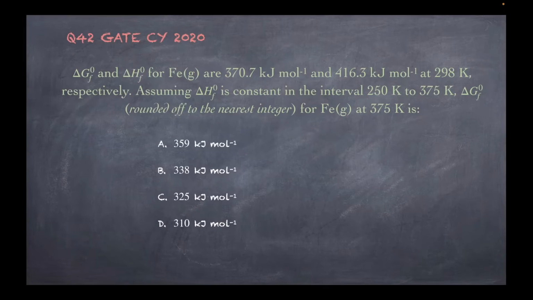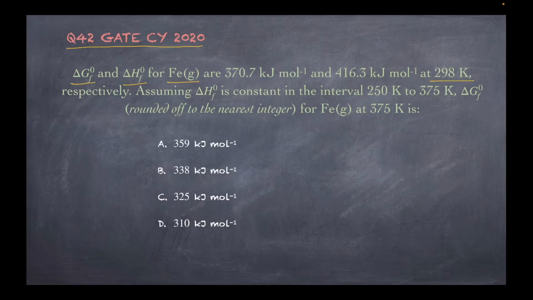In this video, we will solve question number 42 from GATE 2020 chemistry paper. Now the question is the following. The change in Gibbs free energy of formation and change in enthalpy of formation for Fe gas are given at